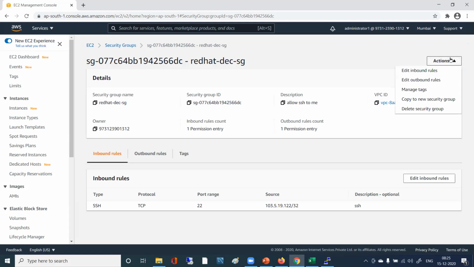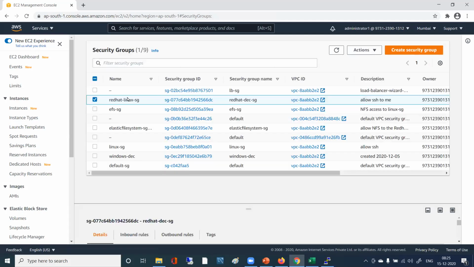Okay, let me go to security groups. Just go to security group. There you will find a lot of security groups, like the Windows security group or elastic file system, Red Hat Linux.